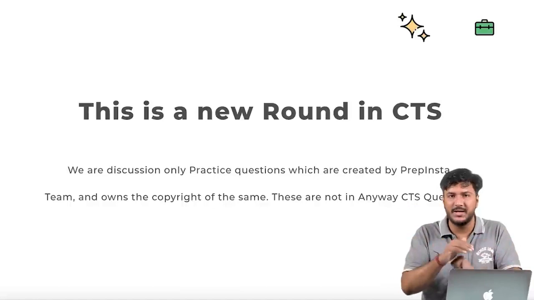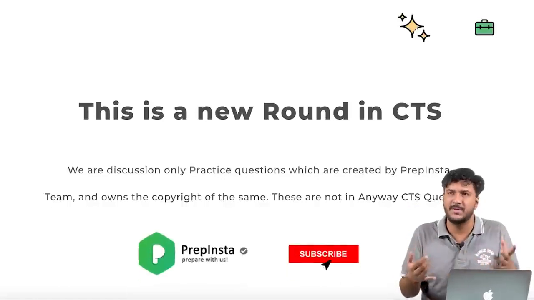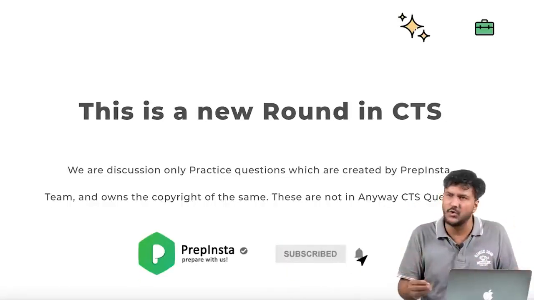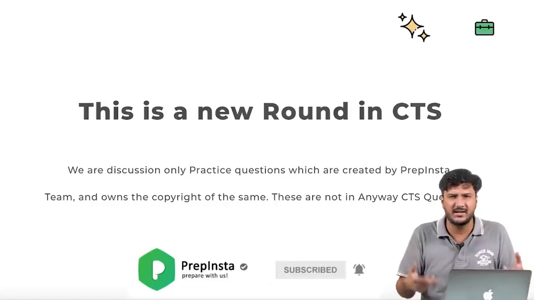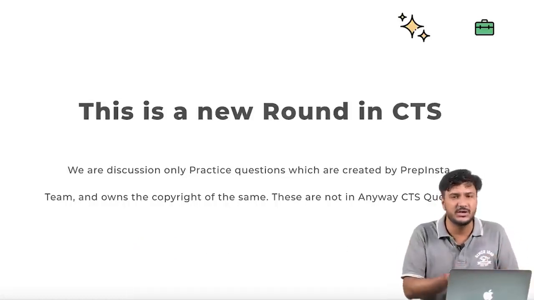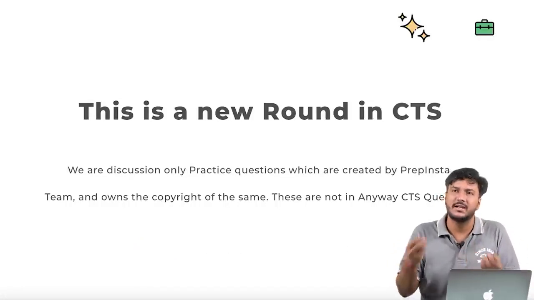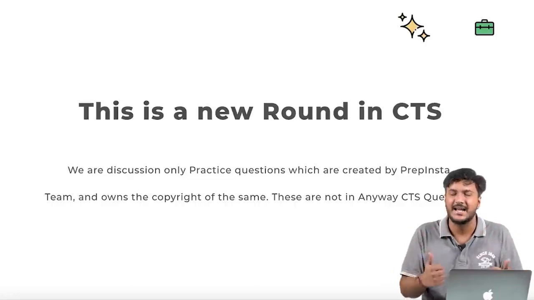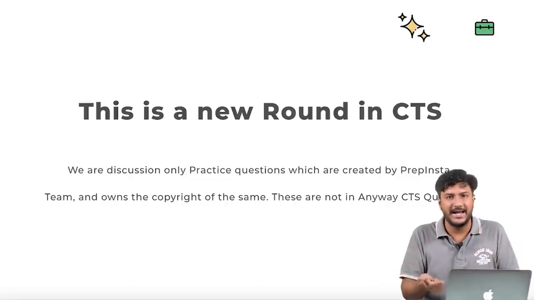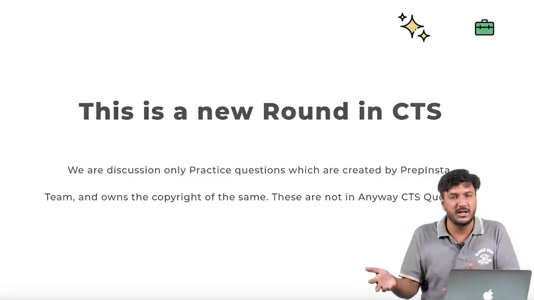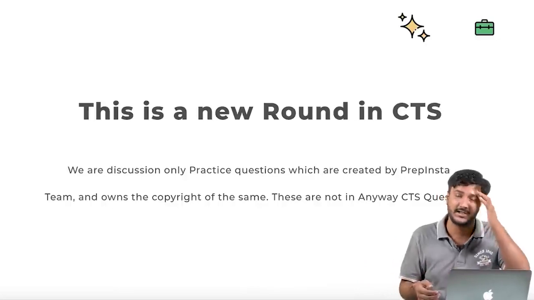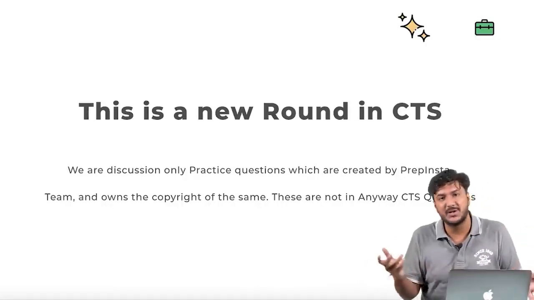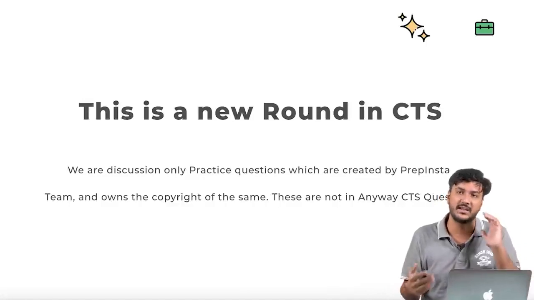Now that code would be compiling perfectly, but there would be maybe some syntax error in the code, maybe some logical error, that they've forgotten to use an equal to sign, or they've forgotten to use a greater than sign or something like that, right? Or maybe a few lines are wrong in the code. So you're supposed to fix those lines and then run the particular program with all the test cases passing, right? So there are 3 languages, C, C++, and Java, which you can use in the exam.